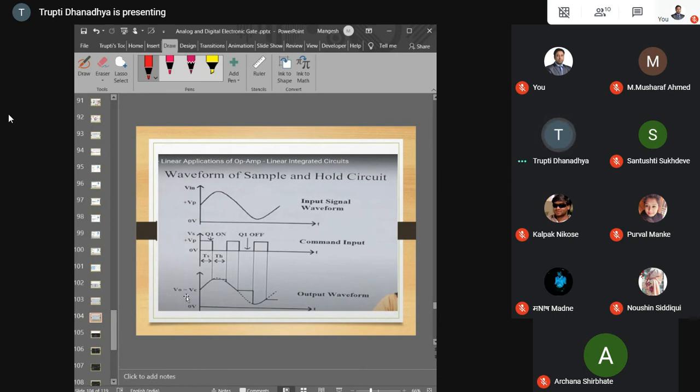Vo equals Vc, meaning whenever the capacitor is discharging, Vo equals Vc. We get the output from Vc's point of view, so we get an output like a sine wave for some time. When it is hold time, when the sampling is not provided to the system, the capacitor holds the charge, and then it discharges for the next sample time. Then again it holds the charge, and then again discharges. This way we get the output waveform for the sample and hold circuit. Okay, so from the exam point of view, that's it.